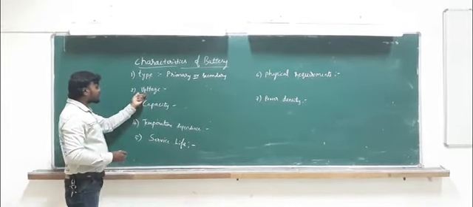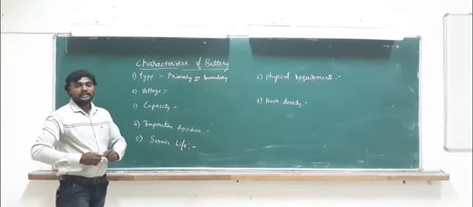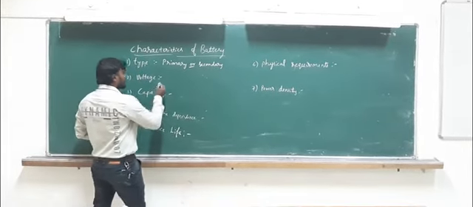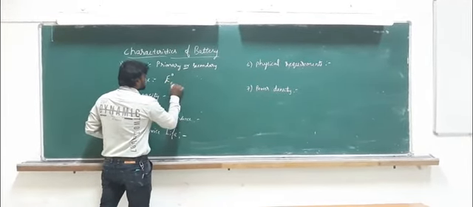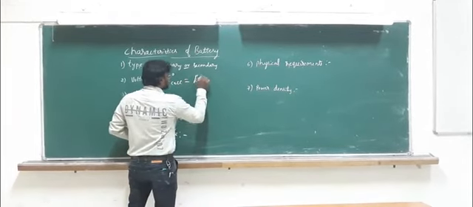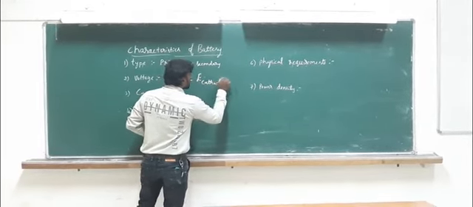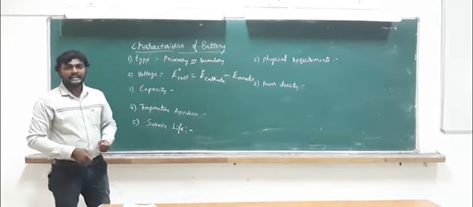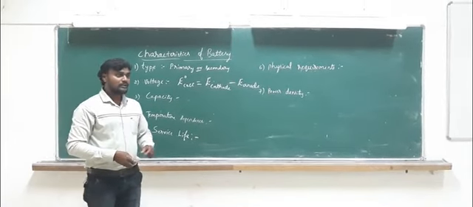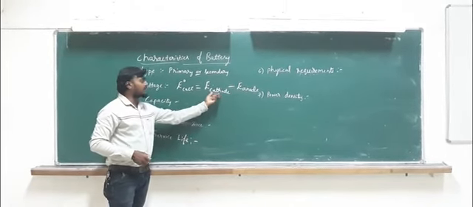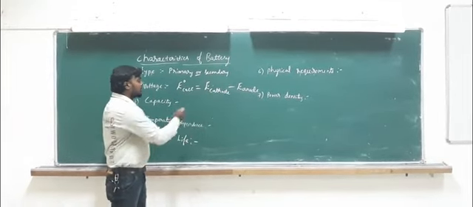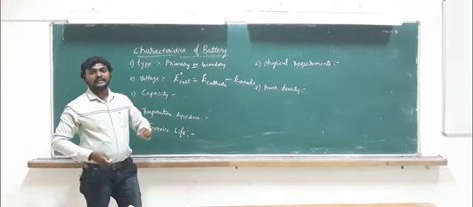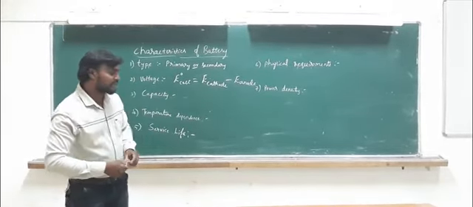Let us move on. Voltage. If you consider any battery, we have to know its theoretical voltage. That may be calculated electrochemically. EMF of a cell equals E cathode minus E anode, which means if we consider any battery which consists of anode and cathode, where at the anode oxidation takes place and at the cathode reduction takes place, we can also write E reduction minus E oxidation. By this calculation, we can get the voltage of that battery.